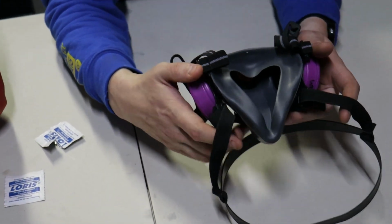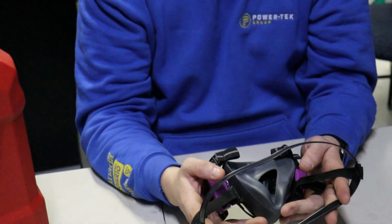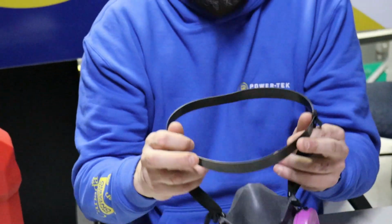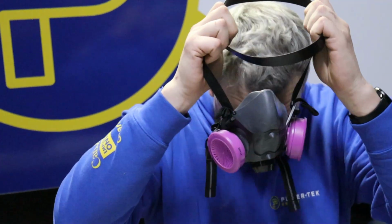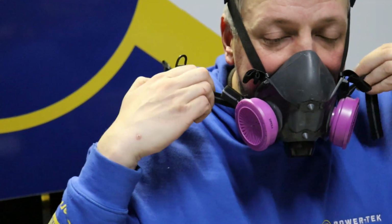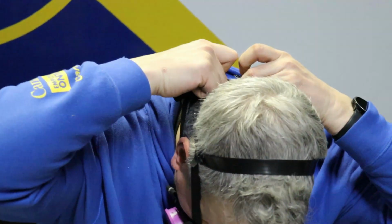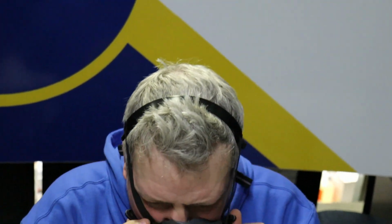And then it will come to the point where we are ready to don the mask, which I will demonstrate as such. First, you put the halo on the top of your head, and then you pull this away, fit it snugly around your face. These clasps here will attach to each other in the back of your head, and it should fit snugly, but not too tight so that it's uncomfortable on your face. Now,